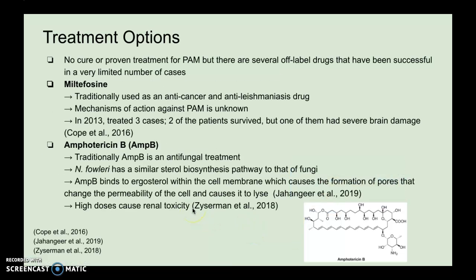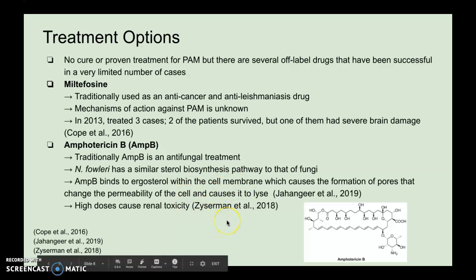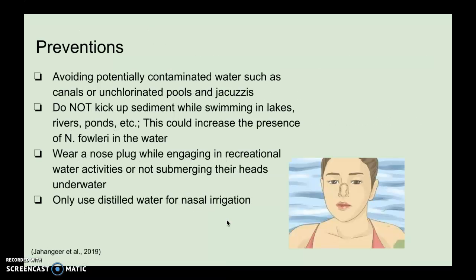So, also one more thing to note about treatments is really the key to a successful treatment is early diagnosis and treatment. So preventative measures that people can take include avoiding swimming in potentially contaminated water sources. I've mentioned this, but this is a very important preventative measure: not swimming in unchlorinated pools or jacuzzis, canals, very muddy water. Another prevention tip is to not kick up sediment while swimming in lakes, rivers, ponds, etc.,